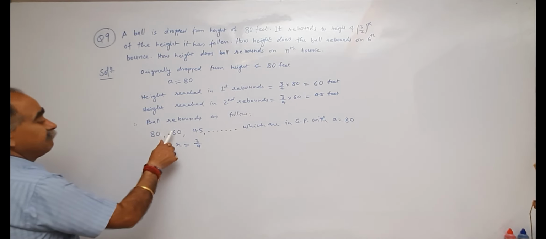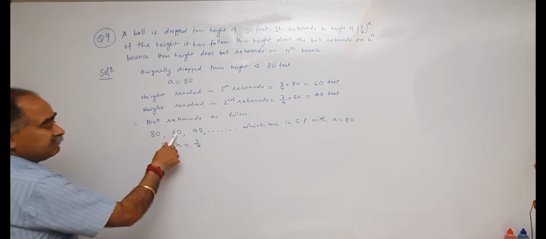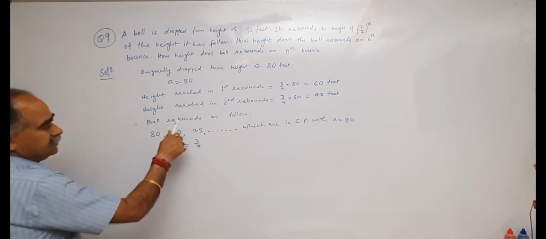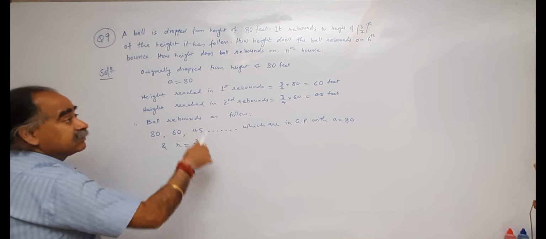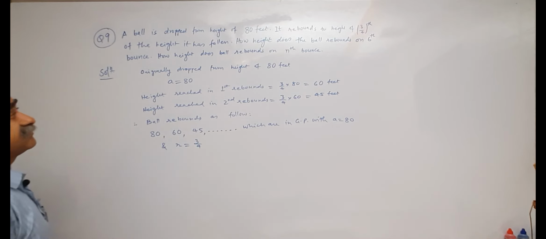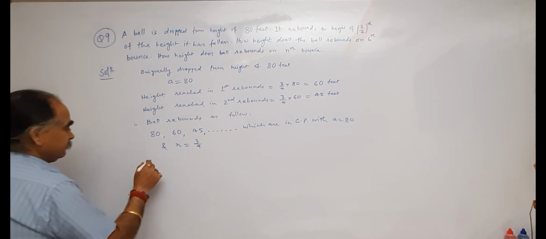Now this is first rebound. First rebound means second term. Second rebound means third term. They want sixth rebound. Therefore, height